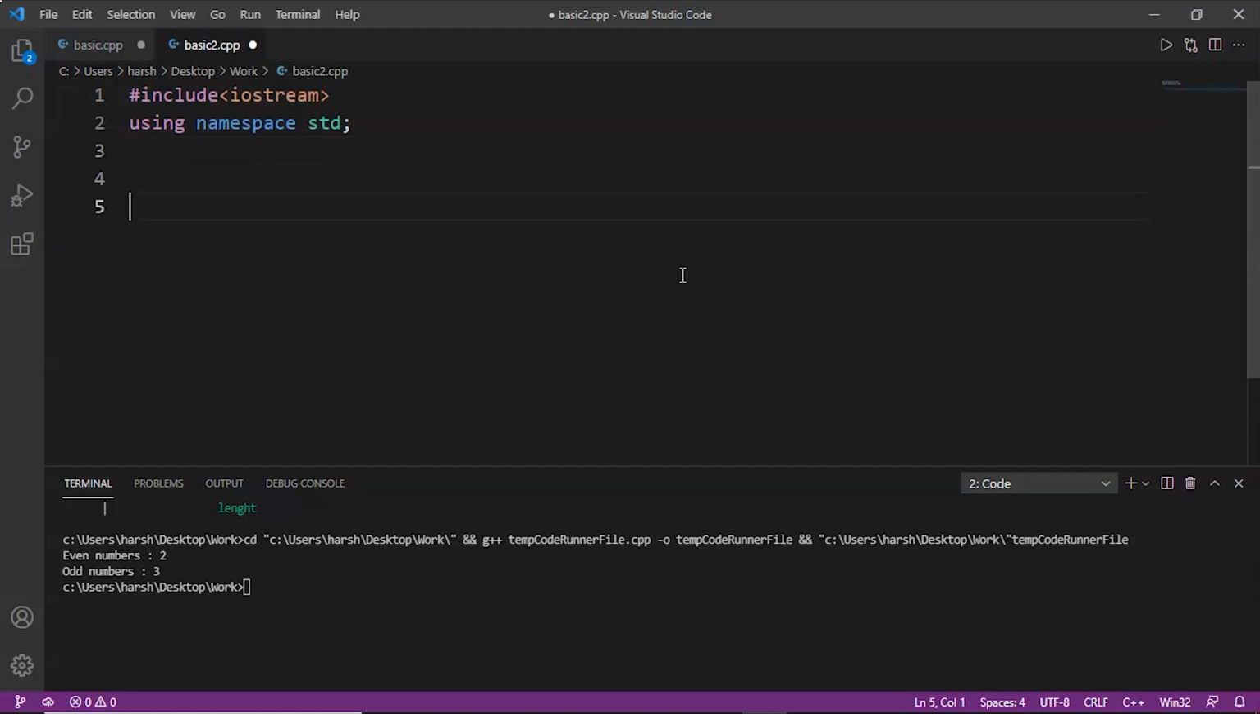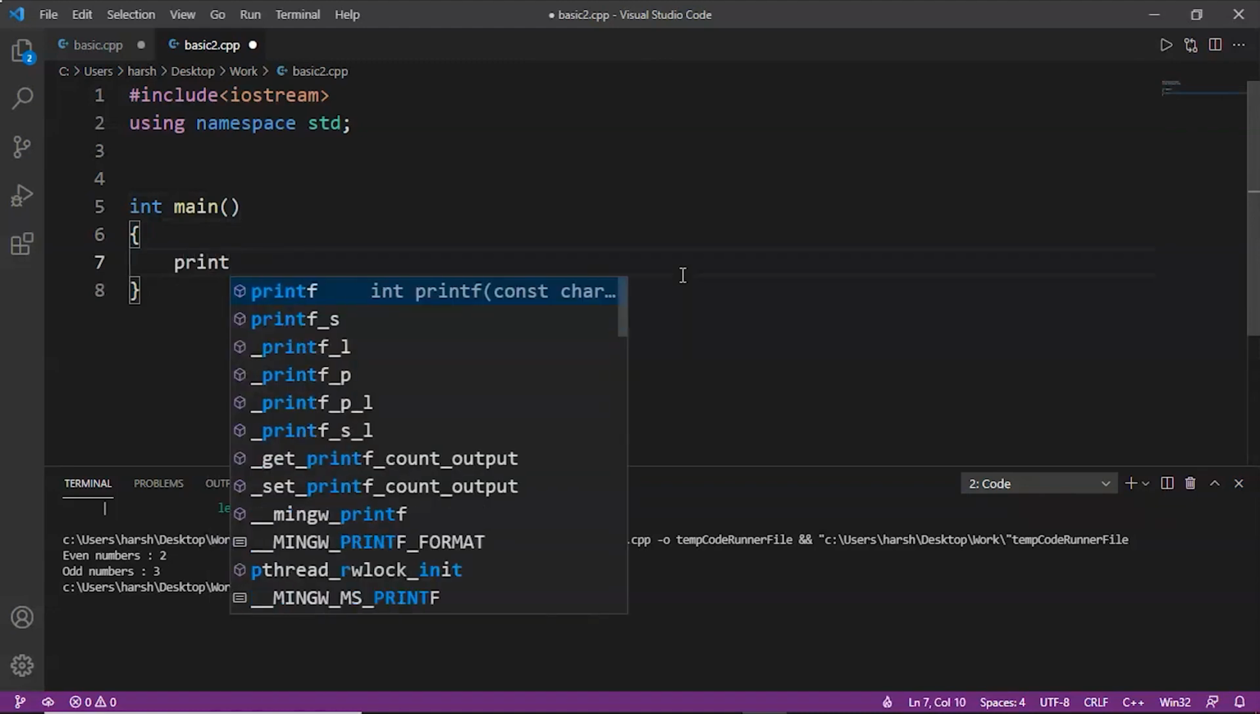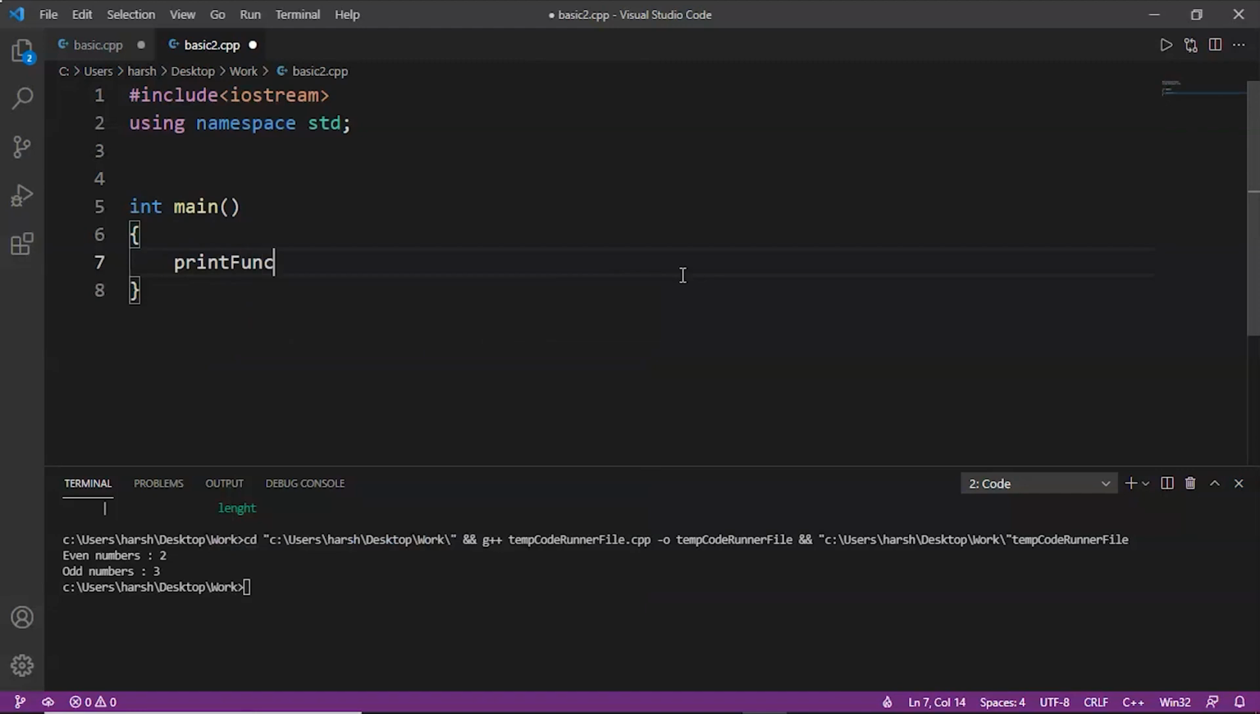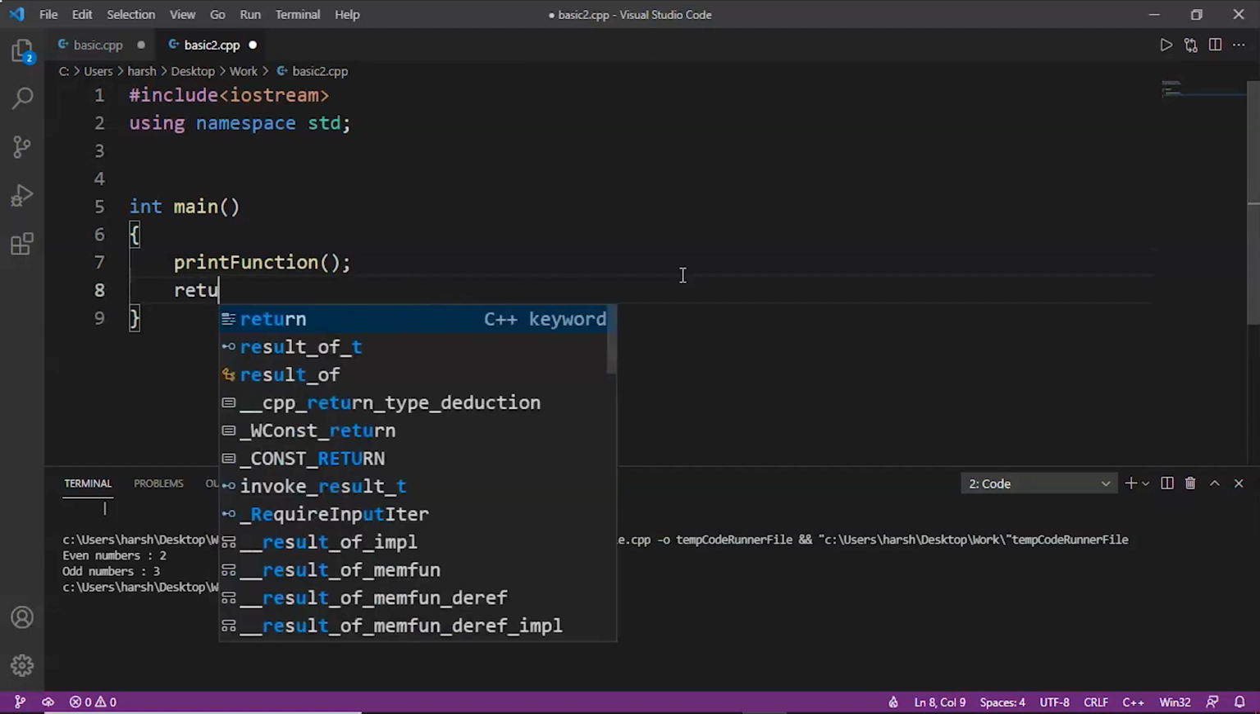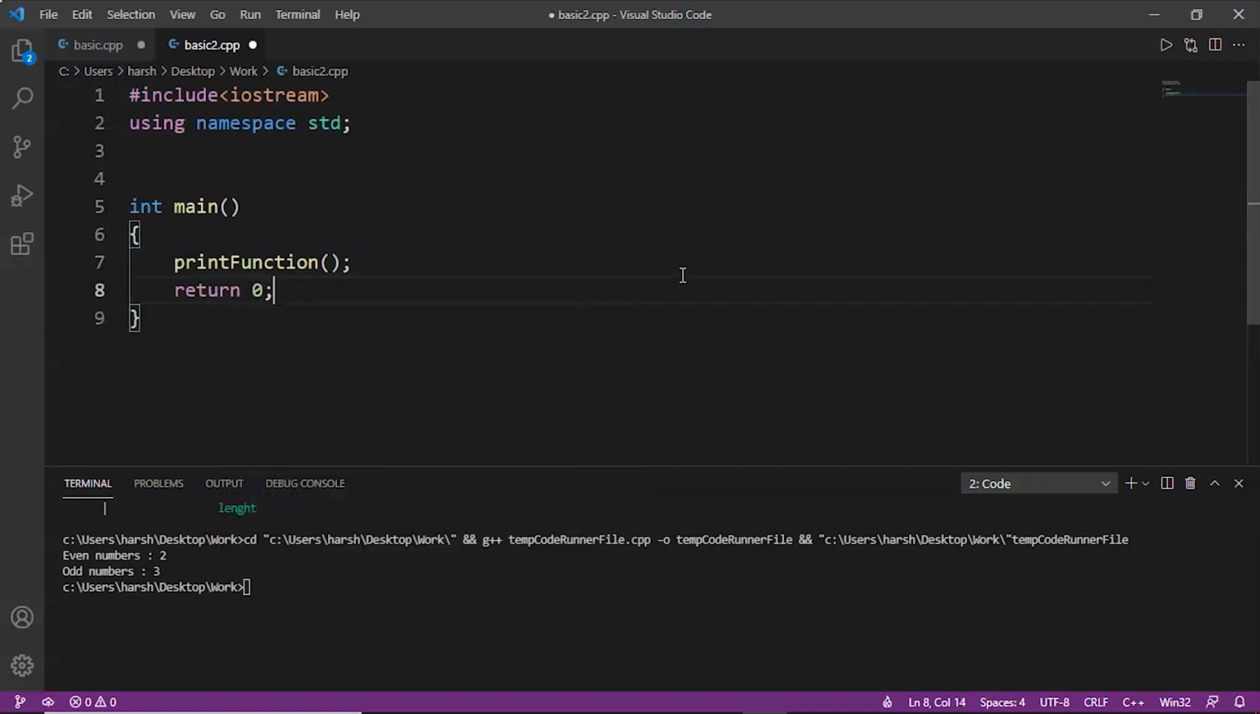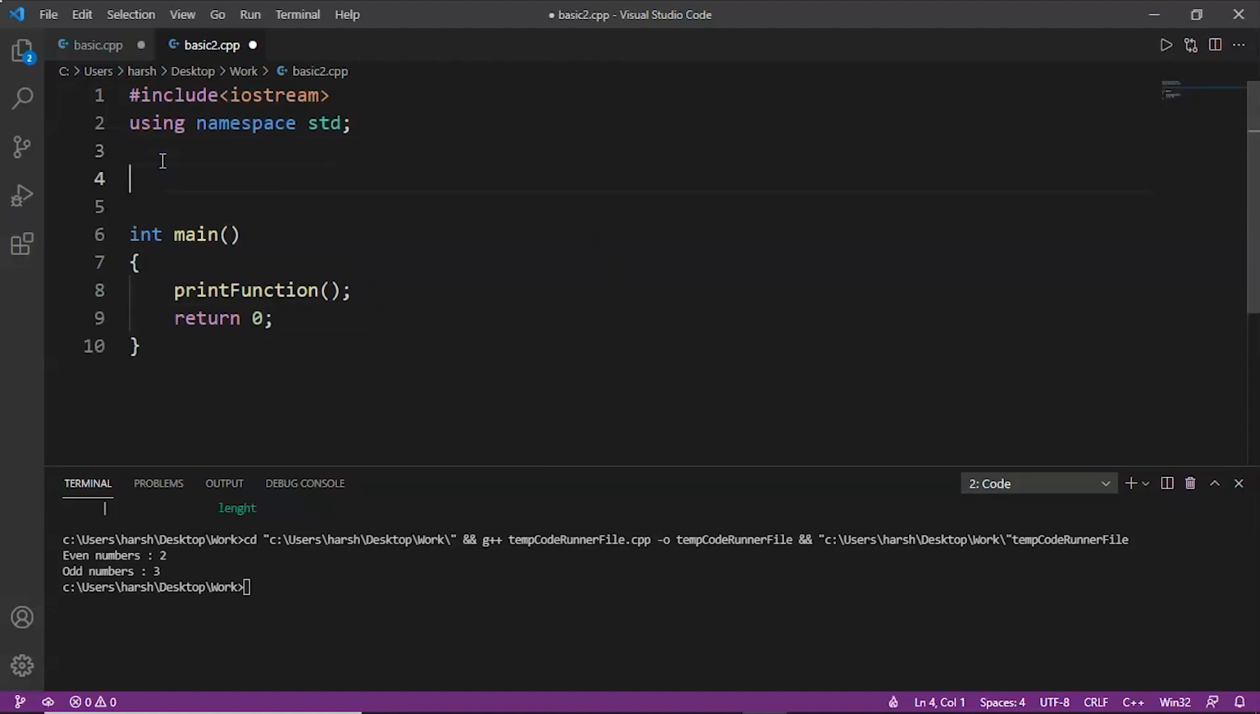So first of all we'll start with int main, and inside int main we'll simply call or invoke the function by writing the name of the function. This is the name of the function, print function. Okay, so here we are calling this function, and after that we'll write return 0. Okay, now we have to make this function. Let's create void. Void is the data type, print function is the name,